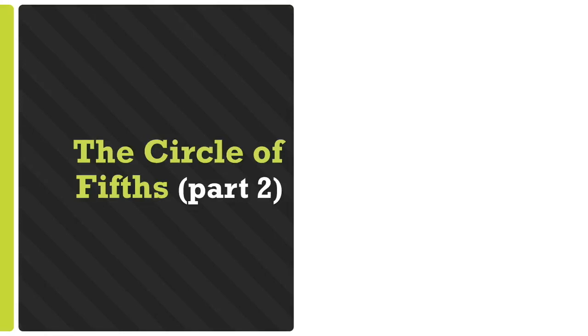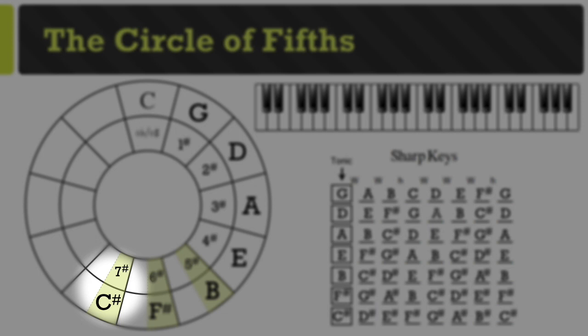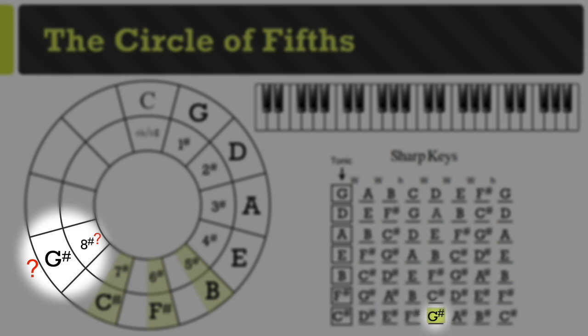In the previous video, we built all of the sharp keys and completed a little over half of the circle of fifths diagram. The last scale completed was the key of C sharp, in which every note was sharped. We could continue with our method of building the next scale from the fifth note of that scale, but we would be forced to add a double sharp to the next major scale, and we don't want that,